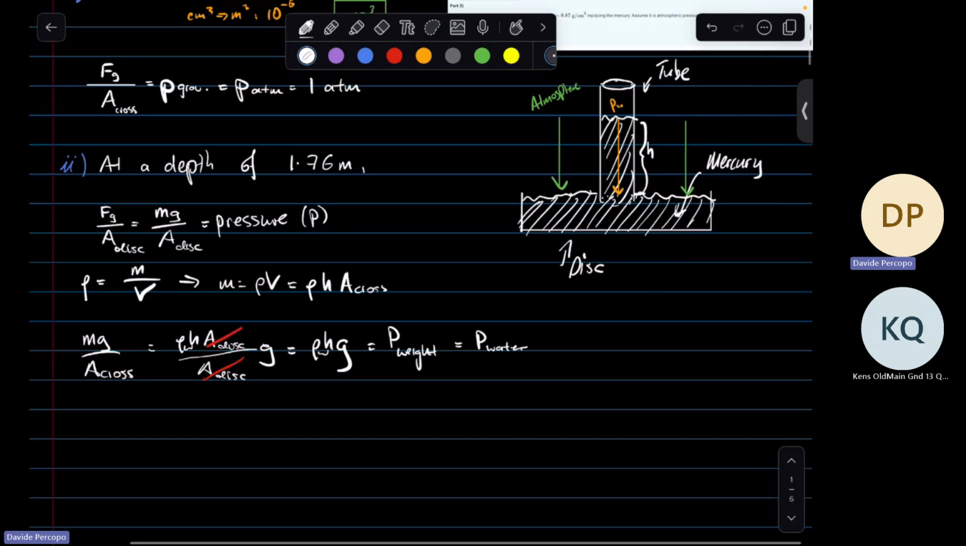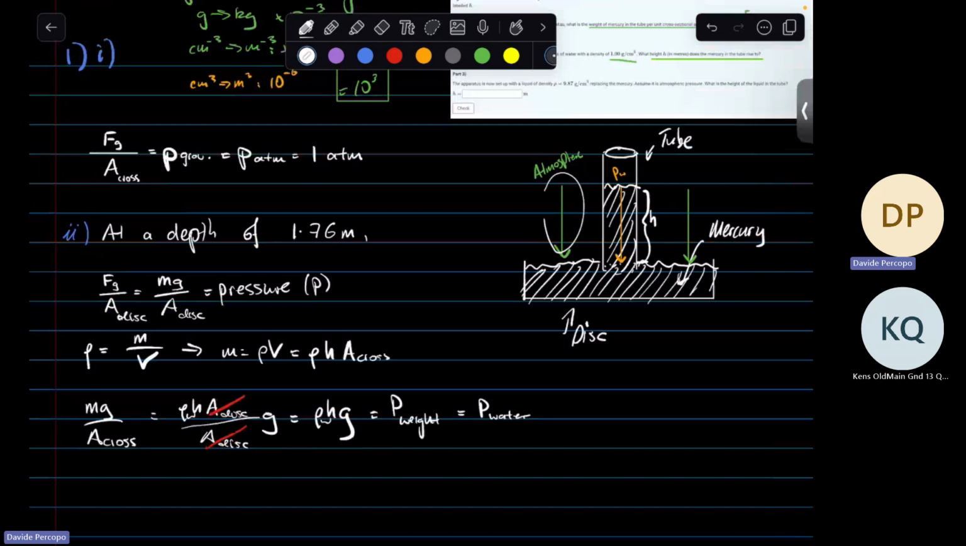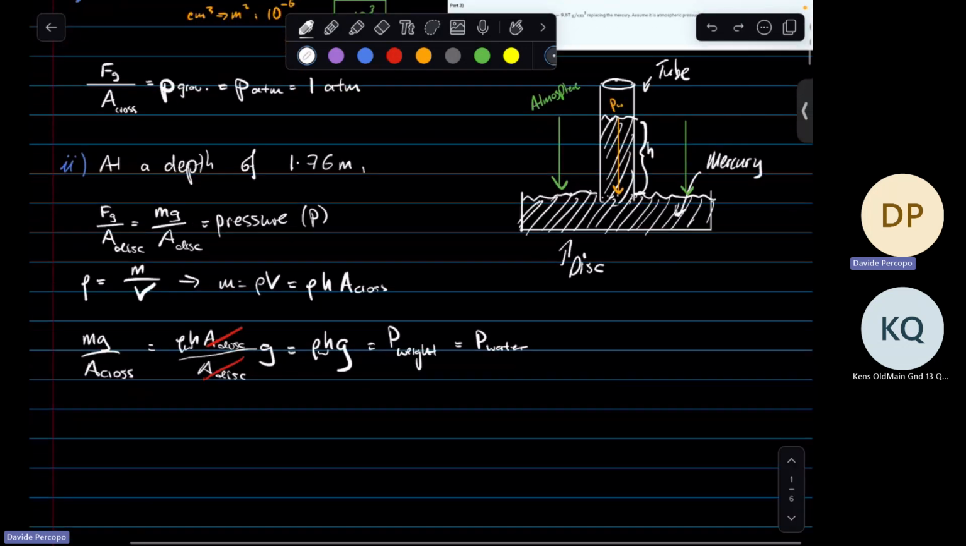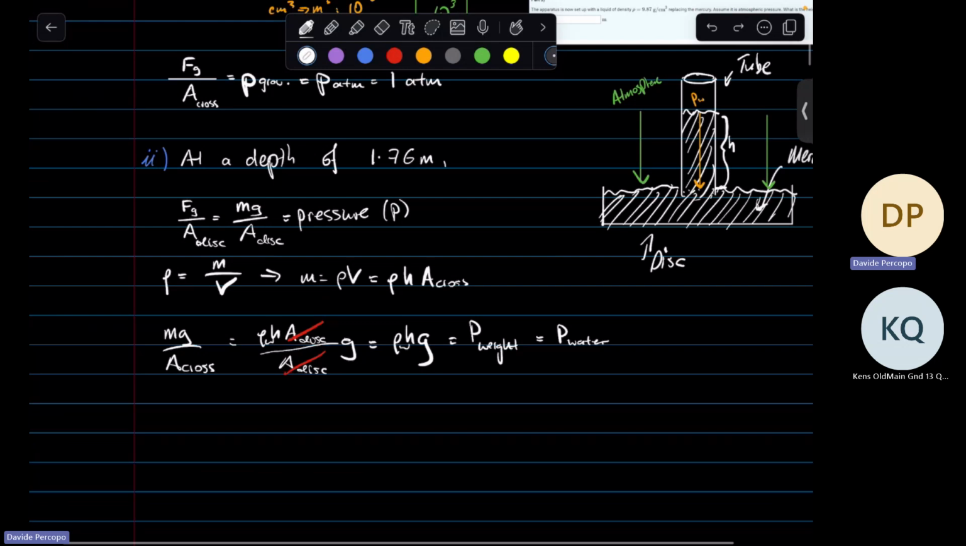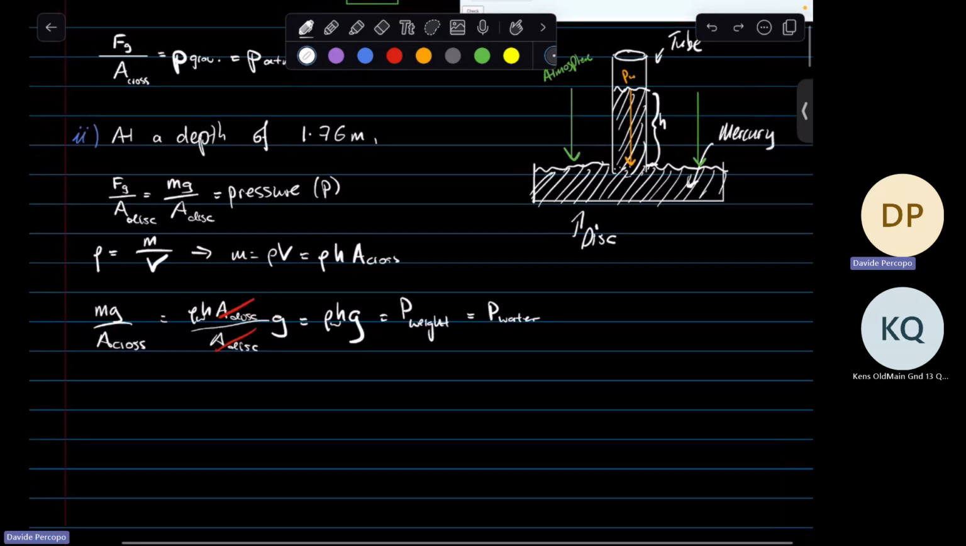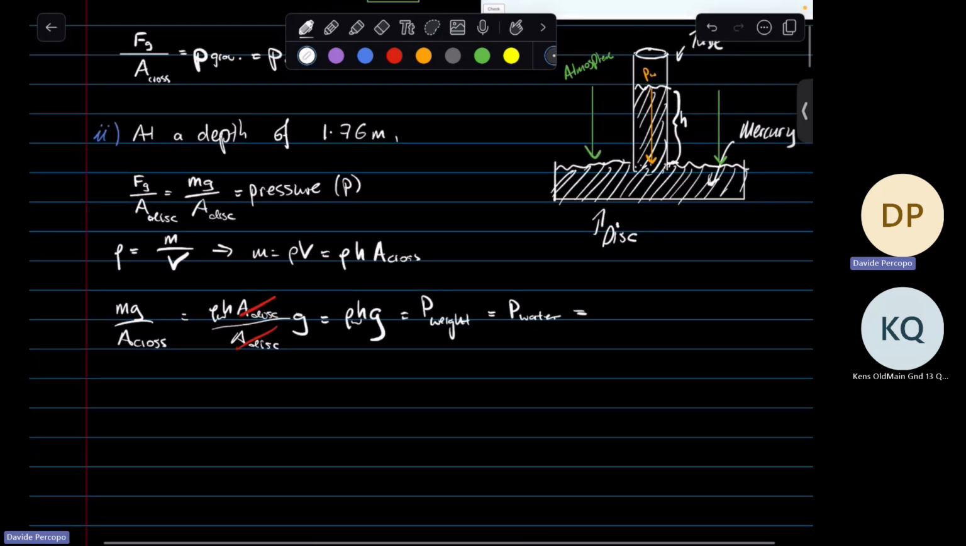Because we're trying to find the pressure due to the water, which is just acting here. So we use the area of this disc, which doesn't matter in our case. We don't know the radius of that disc either. So we know the pressure due to the water, and when we calculate this, we're going to get